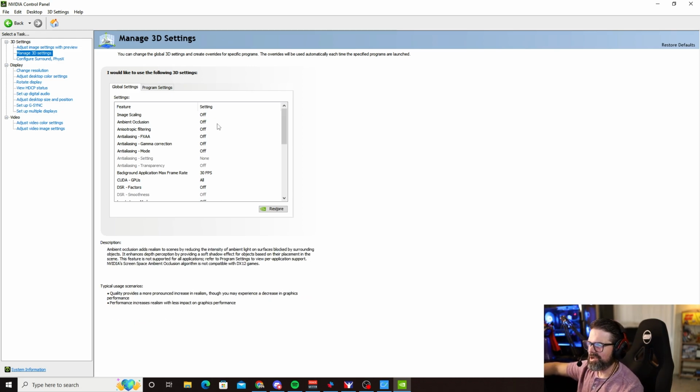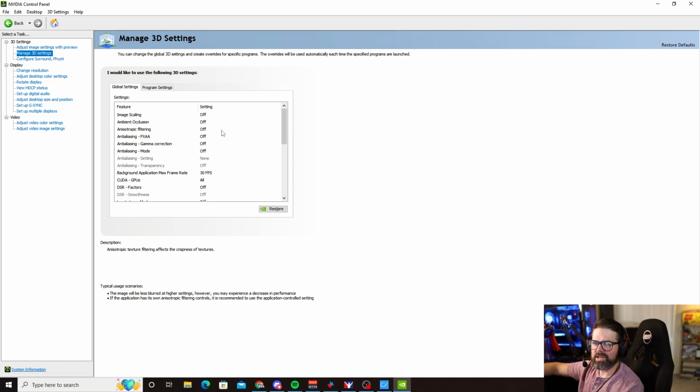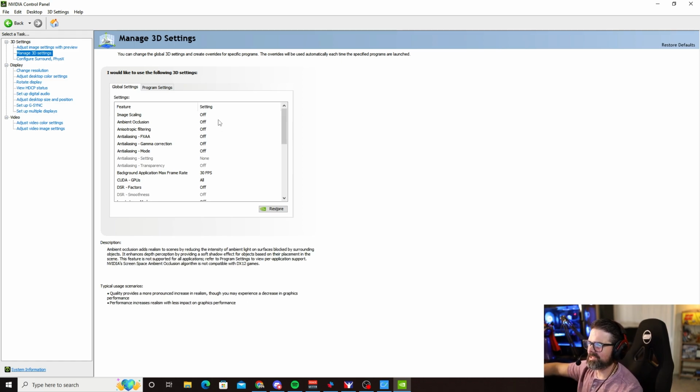There's a lot of stuff in here that NVIDIA has. I don't know if Radeon is the same way, because I've never used a Radeon. I shouldn't say never, but it's been a long time since I've used a Radeon control panel, when I built a gaming system that had an RX 5700 XT in it or something like that. So it was a couple years ago. But NVIDIA has a lot of stuff in here that's just pointless. It really is. I don't get it. A lot of the stuff does nothing. It really does nothing.